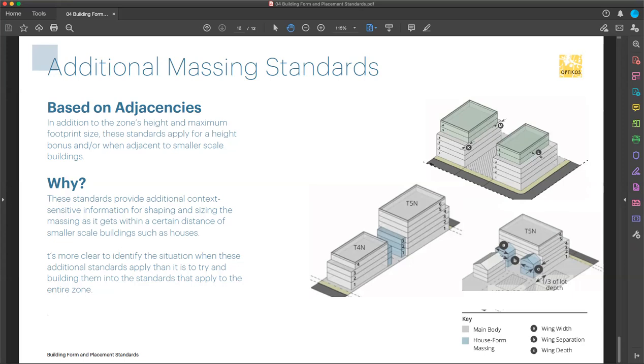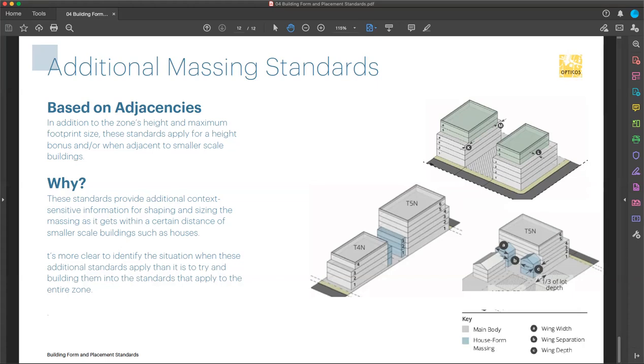And so this would be a place to recognize that without casting the standards over the entire zoning district, and simply recognizing those areas that need additional massing standards to better relate to the buildings that they're next to, the buildings in another zone. So this allows you the ability, as you can see on the screen here, in the green, to either do additional step backs from the front or side streets on the corner lots, or in the rears, as you can see there in the blue,